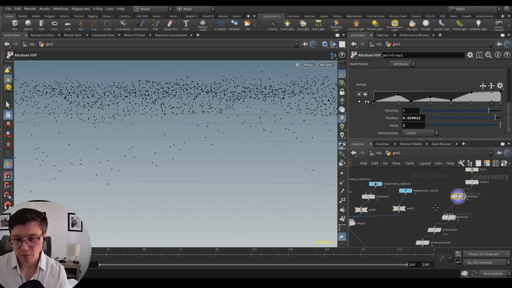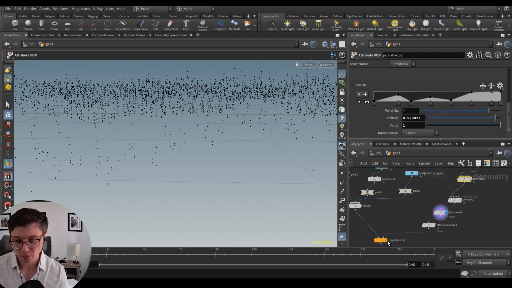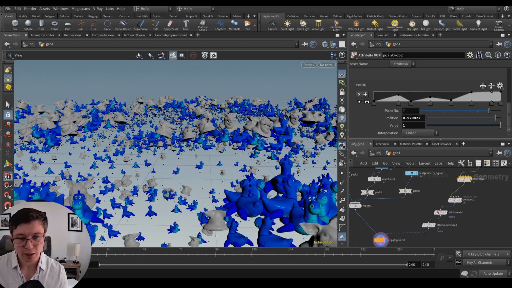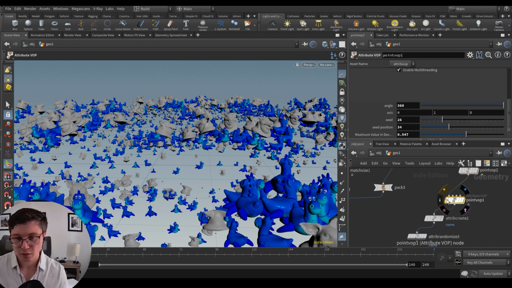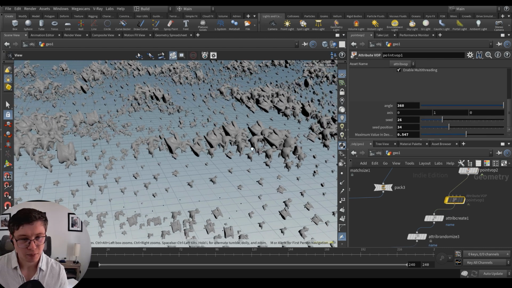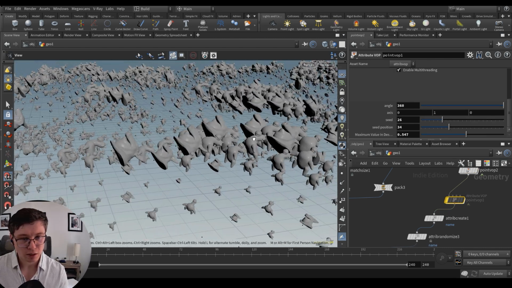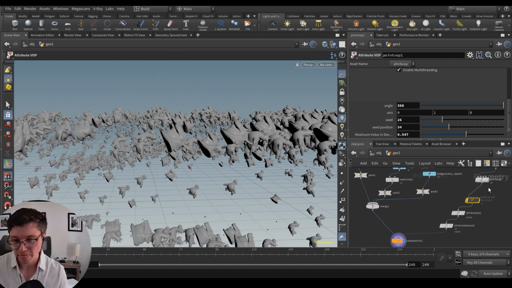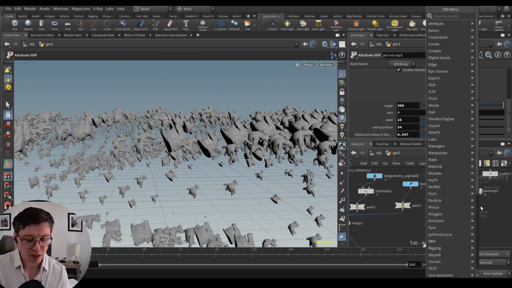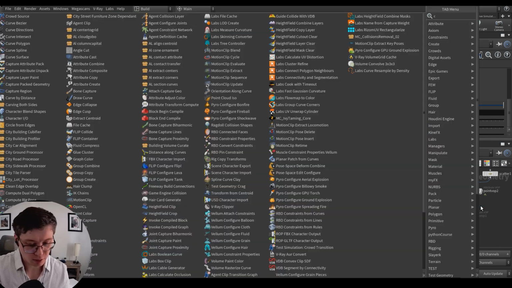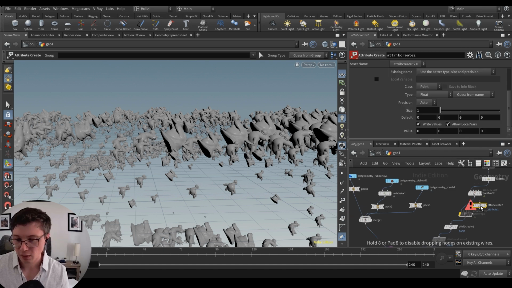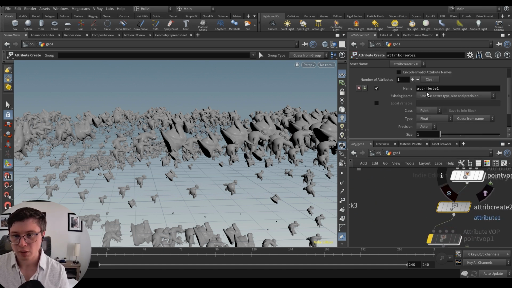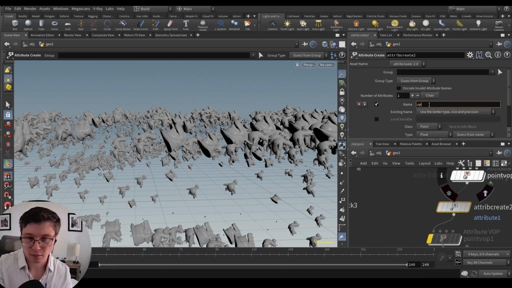Just, you know what? Let me disable the orientation though. So let's disable this guy. And as you can see, everything seems a bit messed up, right? Part of it, we don't have an up vector. Could use attribute create, and let's set an up vector.